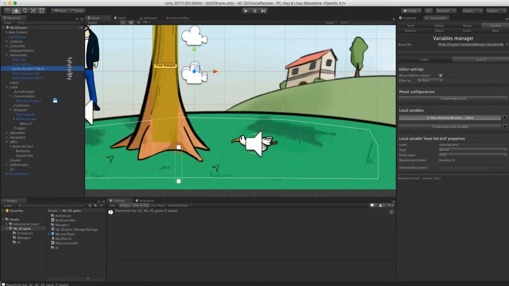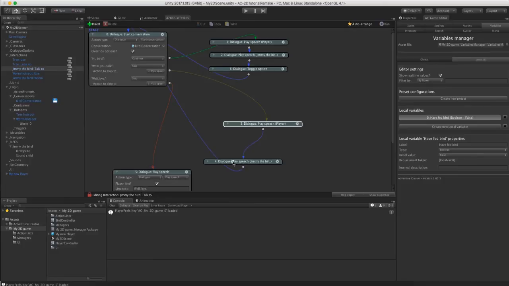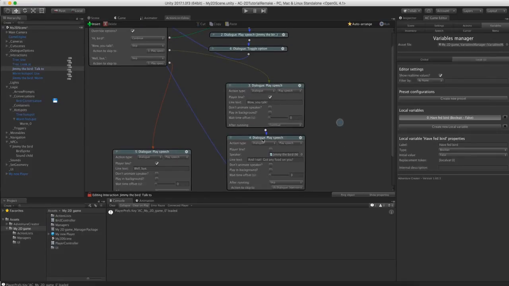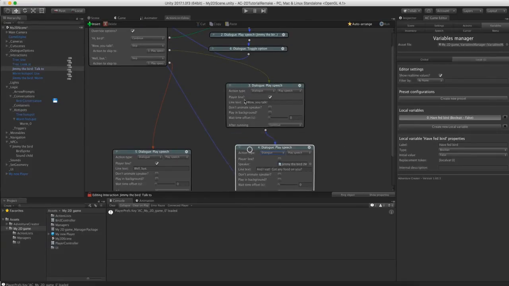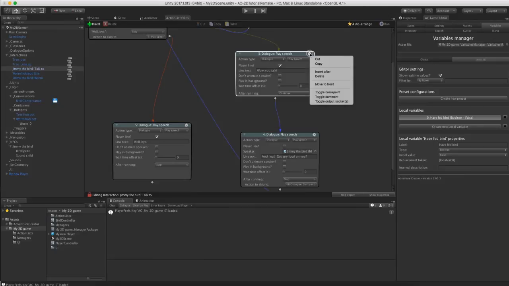So we'll go to Jimmy the Bird talk to, and he asks for food in this second dialogue option, this "wow you talk," which is this pair of actions. So if I just expand these, and he says, "And I eat, got any food on you?" So let's insert a new action in between these two,